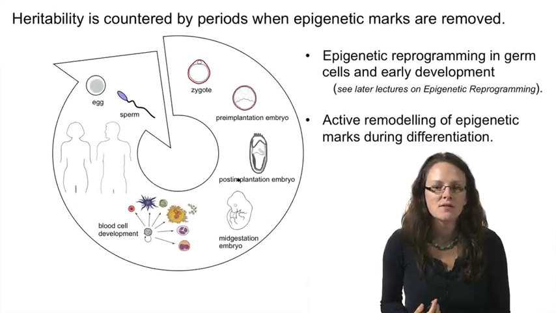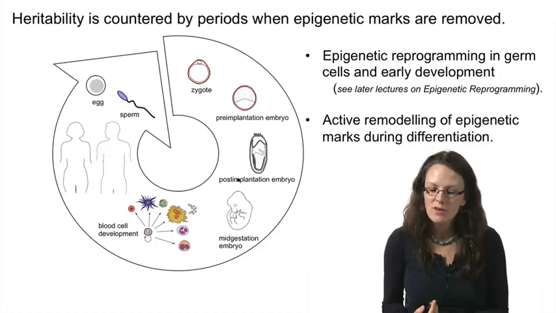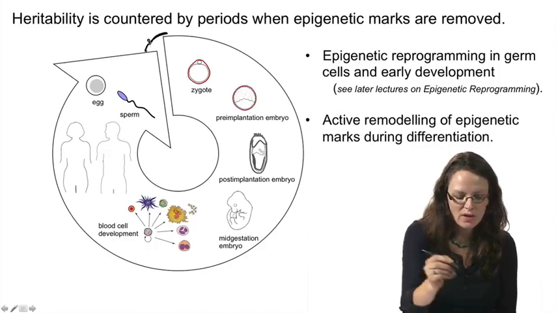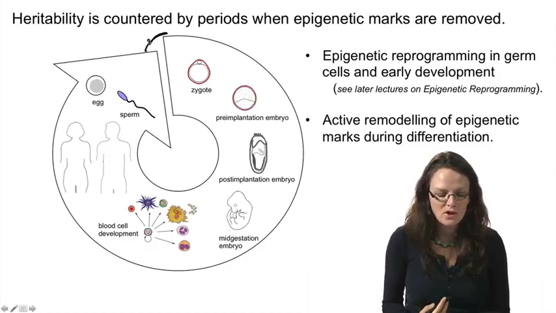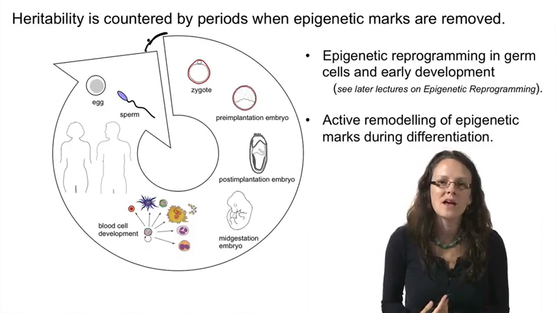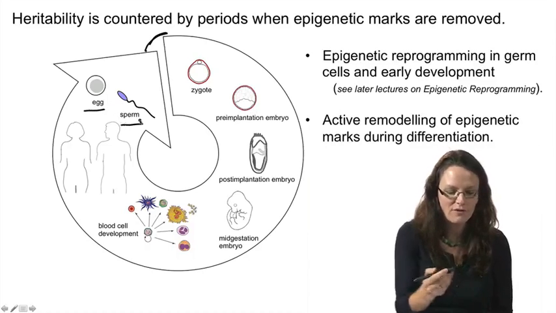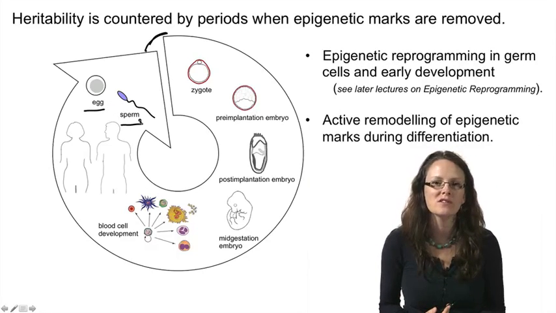So as I mentioned earlier, this mitotic heritability throughout development is also countered by particular periods when epigenetic marks are removed. I mentioned earlier that this happens, and this is shown here by this break in the slide, that it happens in the germ cells, and also it happens for a second time in early development. If you think about why this might need to happen, I think it makes quite good sense. So the somatic cells from which an egg or a sperm are derived are really nothing like an egg or a sperm. And so we need to remove the epigenetic marks that are found in each of those cases and lay down a fresh set of marks that are unique to the egg or the sperm to allow the expression of the genes required for each of these cell types.